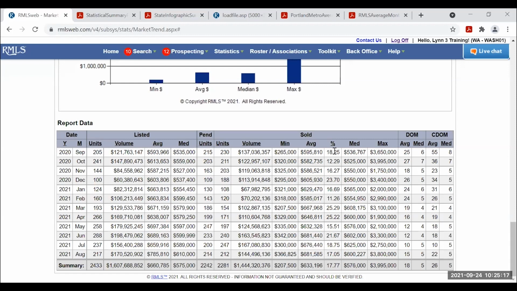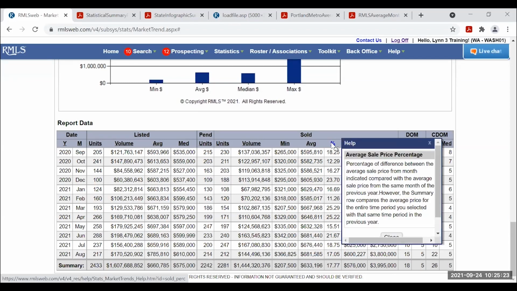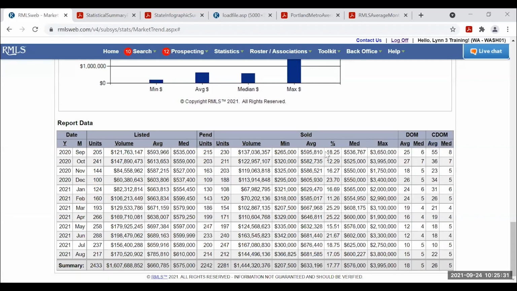Again, if I have a brain cramp and I can't remember what that is, if you click on these little headers, you'll see a little question mark, and if you click, it'll pop up and tell you that's the average sale price percentage. So again, basically September 2020, they sold for 18.25% more than they did in September 2019, the same month a year prior.